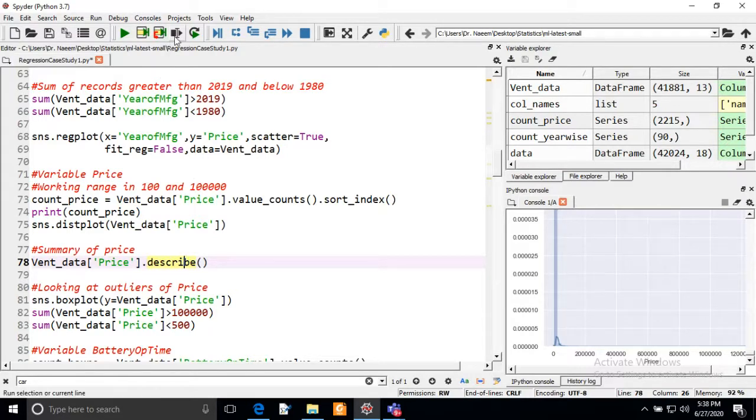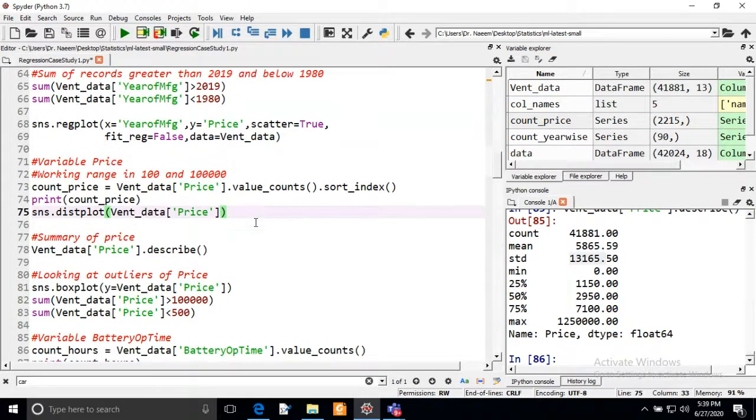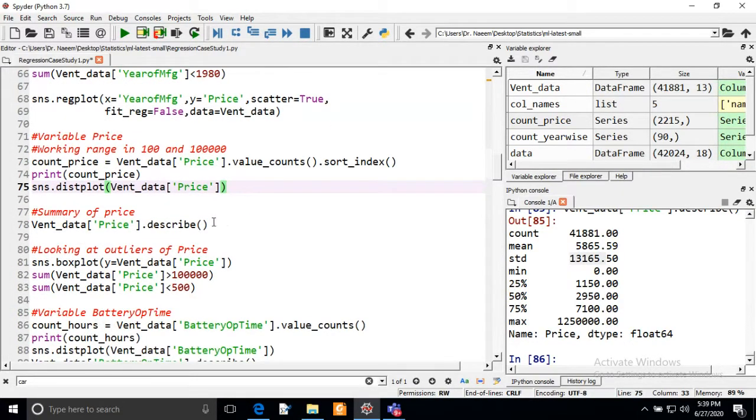We already discussed this when we discussed the summary of the data. We looked at the mean and the median, and the difference is too much, which means the variation is too much, and we can also see the standard deviation. So it shows that we have some outliers in the price variable.